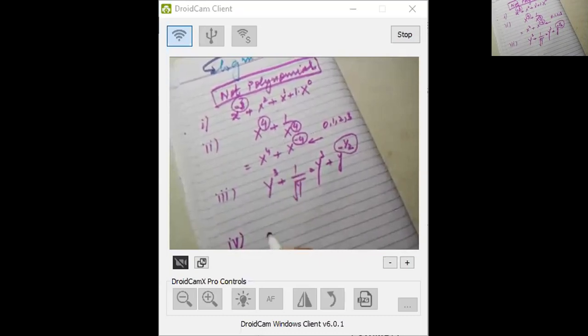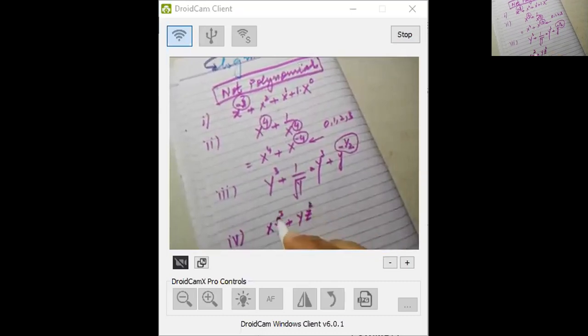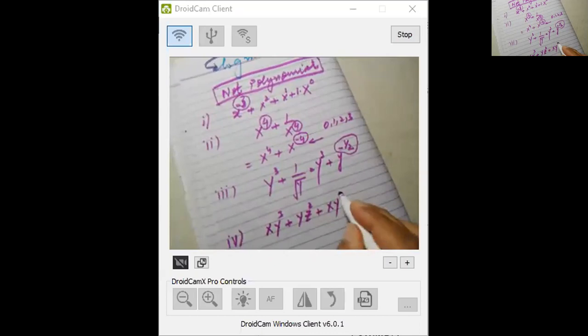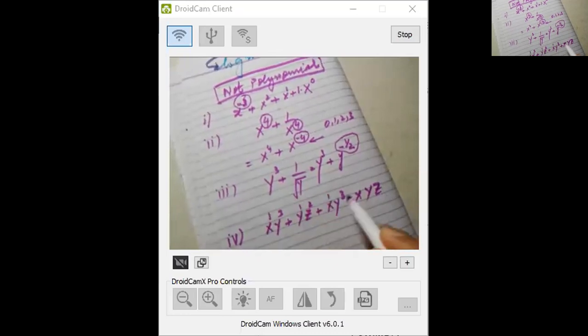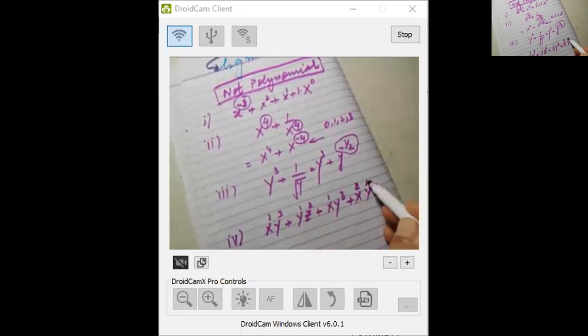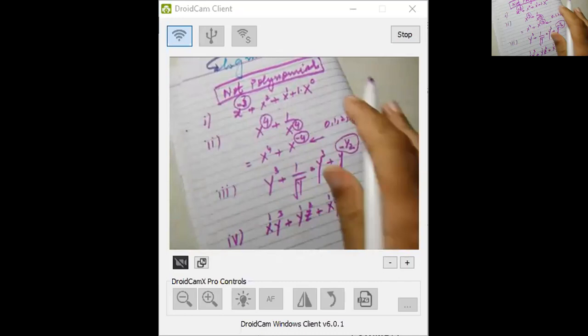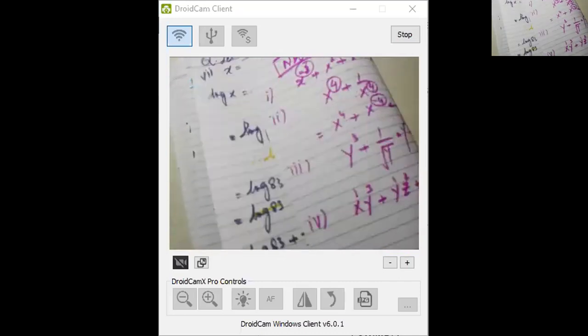There is also the possibility that you would have more than one variable, like x, y, z. If we have xy, yz, xz, or you can even write xyz, three variables, all these variables should have powers as positive integers. They must have positive integer powers, otherwise they will not be a polynomial. So these shapes can be there in your exercise, and you will have to distinguish which terms will be polynomial and which will not.